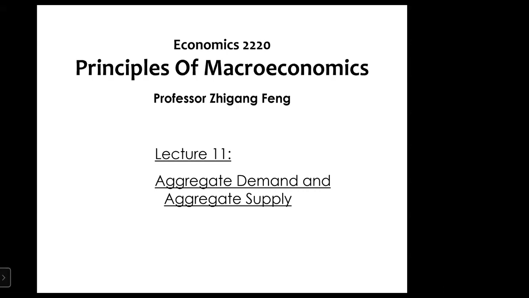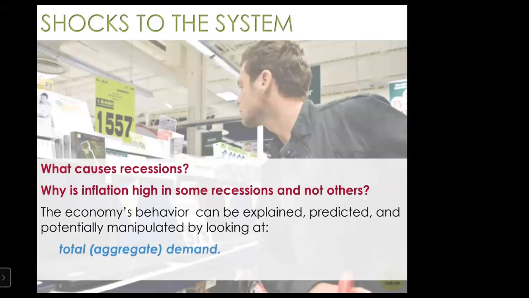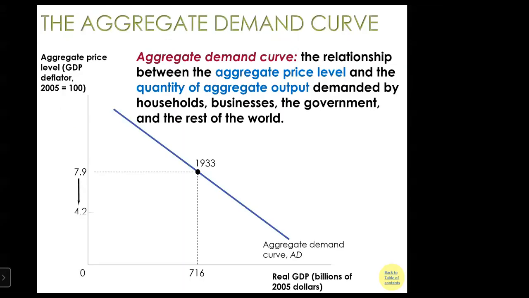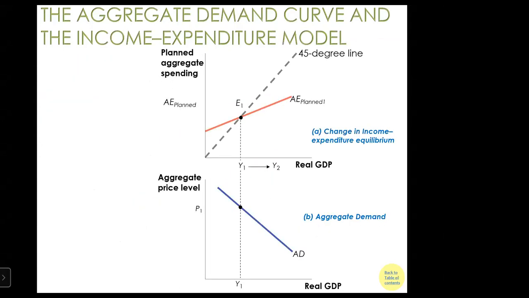So far, we have looked at the aggregate demand curve and aggregate supply curve. Now let's review what we learned regarding aggregate demand. There's one slide that probably summarizes things very well, which is this slide. On the top, this is what we learned in the previous chapter. This is the income and expenditure equilibrium model. On the top, for any given price level,